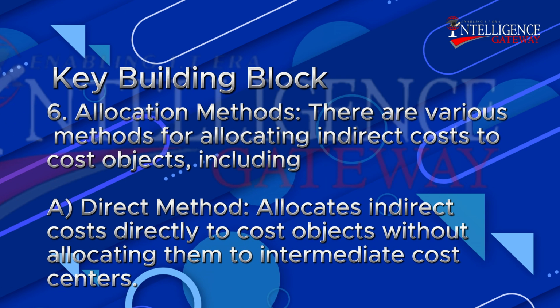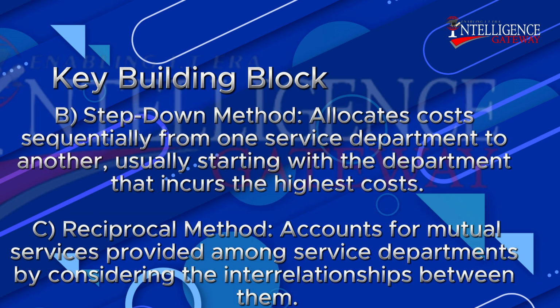Allocation methods. There are various methods for allocating indirect costs to cost objects, including A. Direct method, allocates indirect costs directly to cost objects without allocating them to intermediate cost centers. B. Step-down method, allocates costs sequentially from one service department to another, usually starting with the department that incurs the